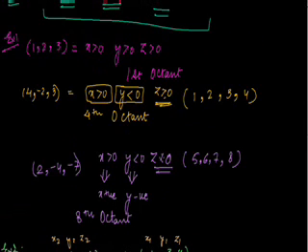Then we attempted some questions, where we located the points depending upon the signs of x, y, and z. In 1, 2, 3, x is positive, y is positive, z is positive. So all three are positive, it will lie in the first octant. In the second example, it is 4 comma minus 2 comma 3. x is positive, y is negative, z is positive, so it will lie in the fourth octant. Next is 2 comma minus 4 comma minus 7. x is positive, y is negative, z is negative, so it will lie in the eighth octant.